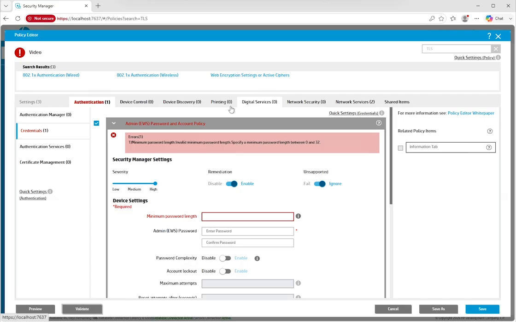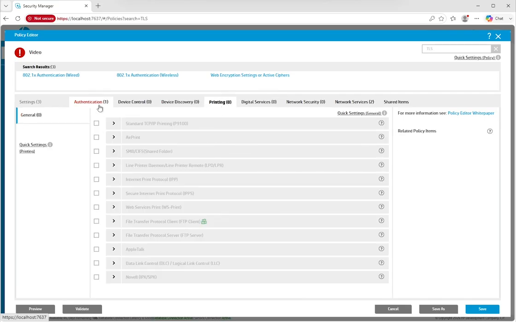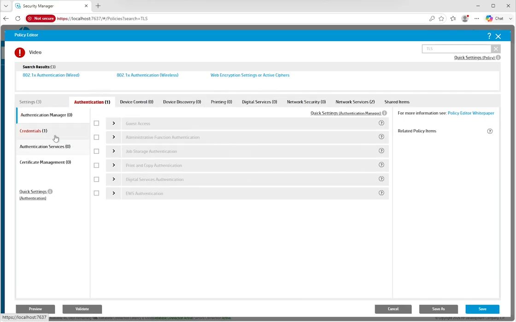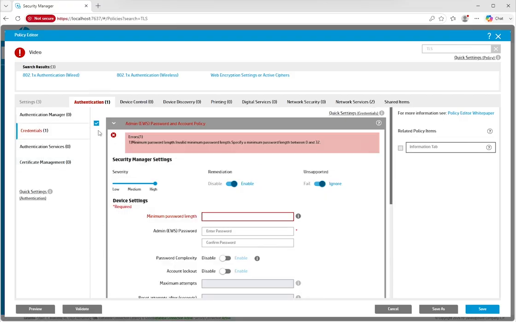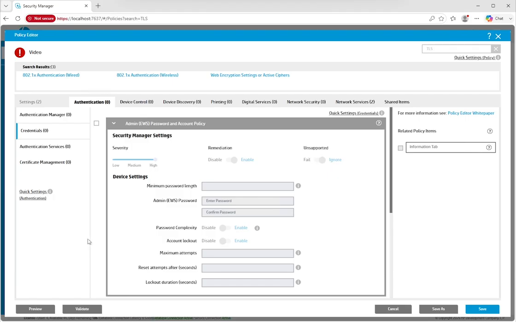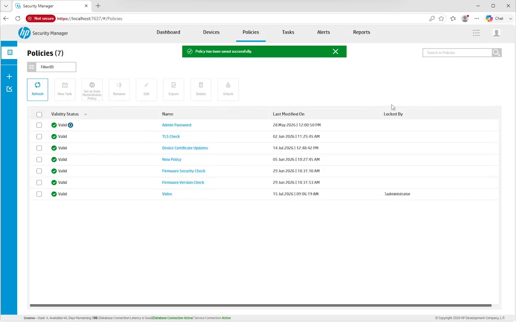So if you have multiple settings, or if you're on another tab, you can see it's still showing red here, right? So we come into red, we go into credentials, red, poof, there we are. So that's what that validate button does. It actually helps make sure that every setting you've plugged into this policy is good. Once it's done, we click on save and it is going to save it. Now, this window doesn't automatically close, so you're going to want to click this close button. And now you can see here, I've got my video policy ready to go, to be run as a task